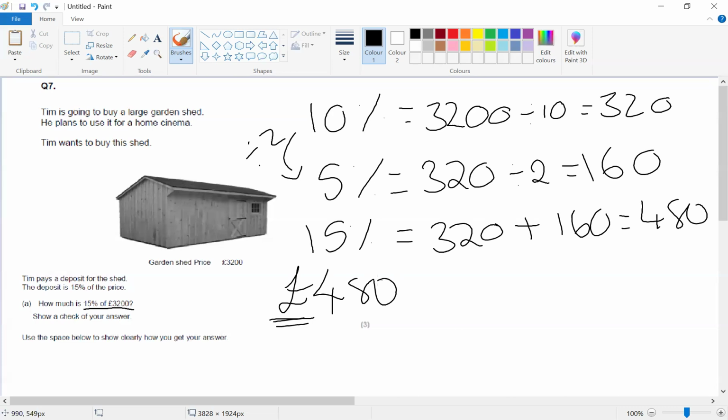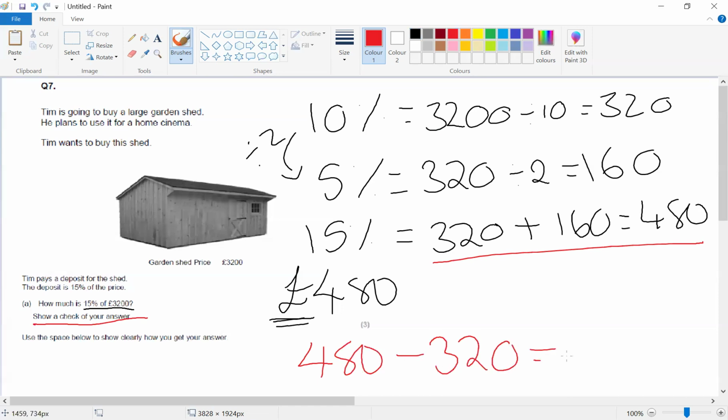Then show a check of your answer. So you can do this because we've been doing division, and we've done an addition. We need to do the opposite of one of those. So I'm going to choose my addition to do the opposite of. So I'm going to do 480 take away 320 should equal 160. And I can show this by doing